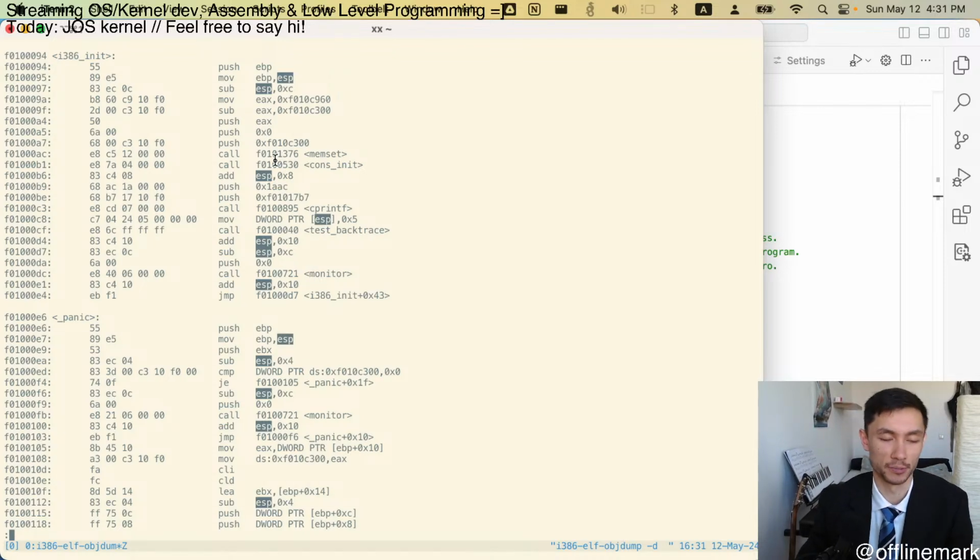The caller is responsible for repairing the stack, quote unquote repairing. Before you make a function call, you do all these extra pushes, so you need to do the inverse of all those pushes to bring the stack back into its original state. So actually, that does totally make sense,